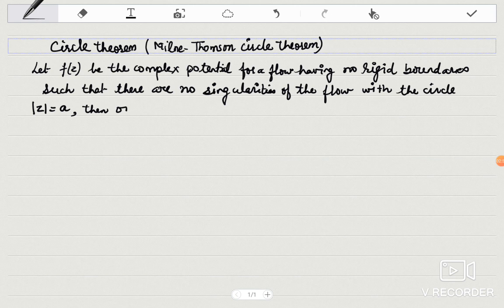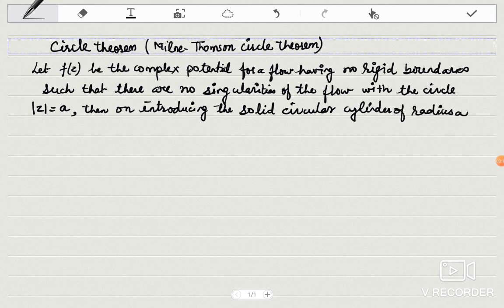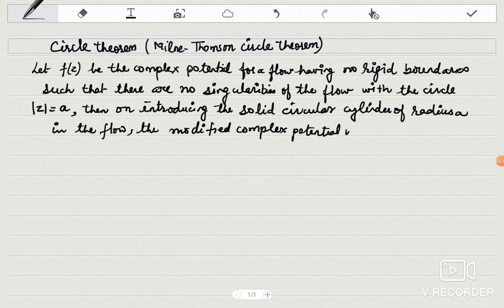Then on introducing a solid circular cylinder of radius a, that means the cross section is a, of radius a, in the flow, the modified or the new complex potential will be F(z) plus F of a squared upon z, for mod z greater than or equal to a, that means outside the cylinder,